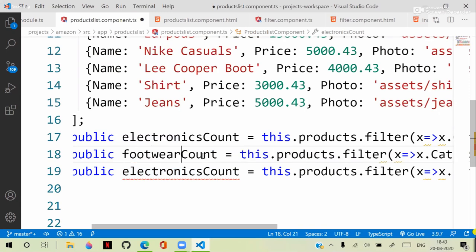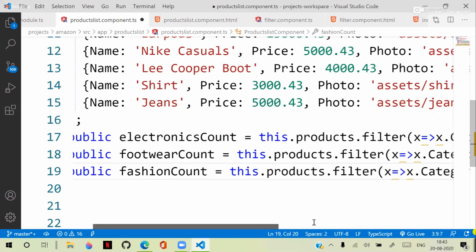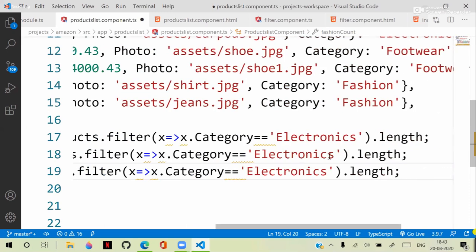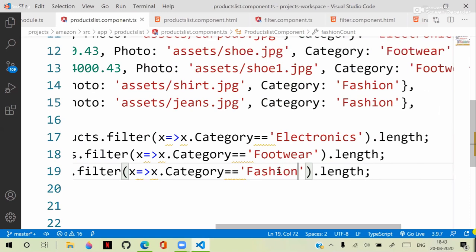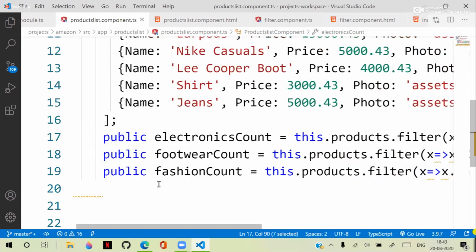So here the details are based on footwear, and this one is based on fashion. That means we are finding out how many electronic products there are, counting them and returning their length. So these are the properties which contain electronics count, footwear count, fashion count, which we will send to